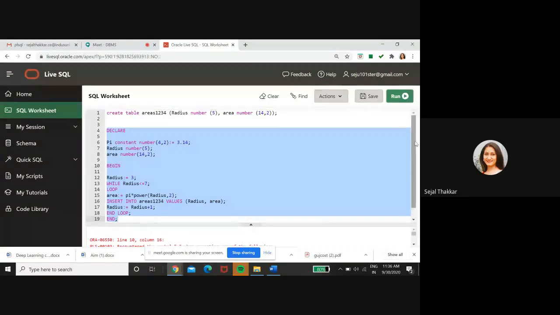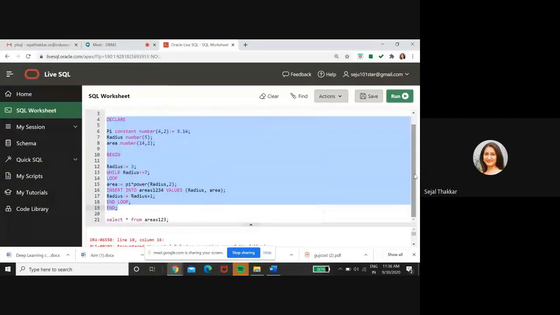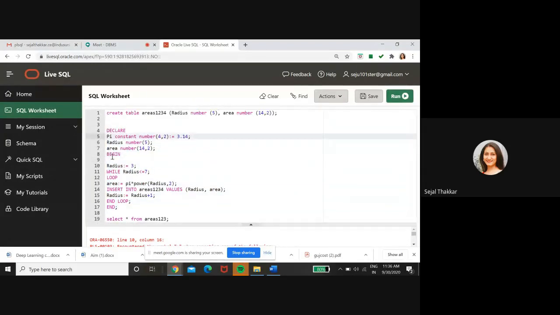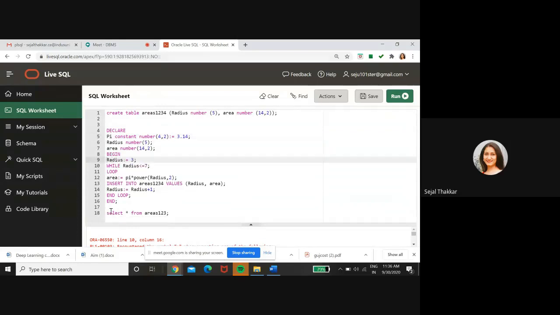Line number 10, column number 16, there is some error. Actually, it was running. Before coming to the lecture, I ran it and checked that it was working properly. But right now, I'm not getting what kind of error it is giving.